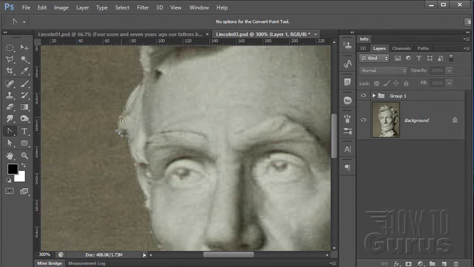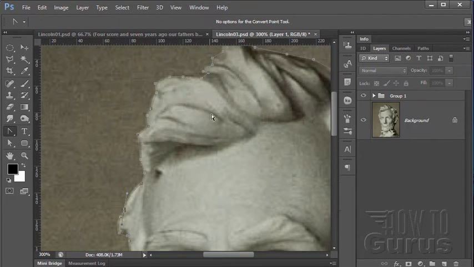A little hard to see those lines against this background, unfortunately. But you can see it's making a nice curve right there. So again, just take the time to go ahead and make this side as nice as you can. Now I'm going to pause the video at this point,